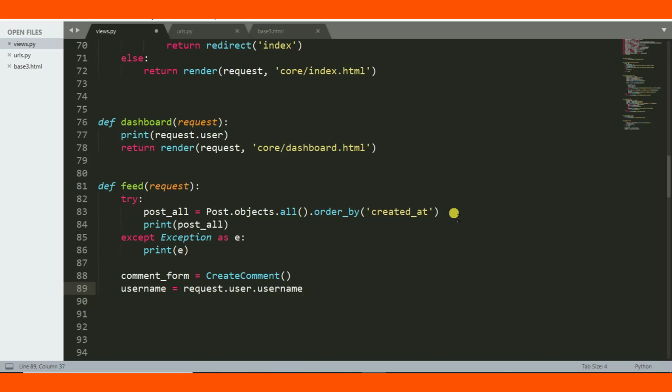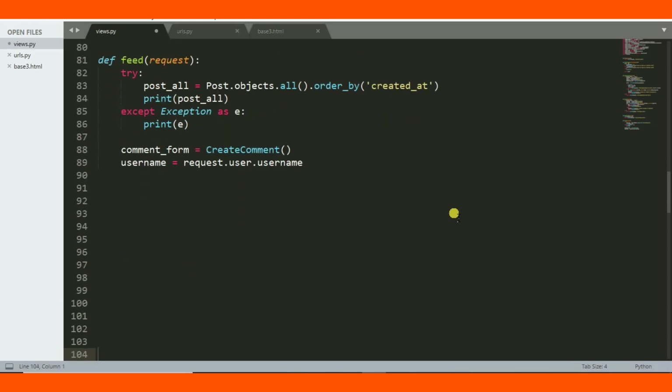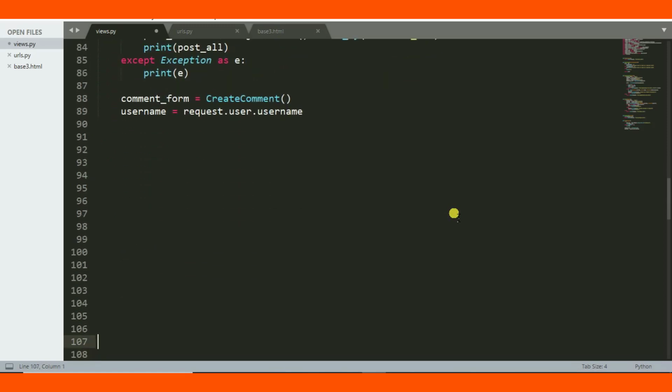So in the back end, if you want to get the username of the user sending a request in Django, the code line is request.user.username, right? Hope we are together and no one is lagging behind. If you lag behind, please comment below so I can give more explanation. So username is equal to